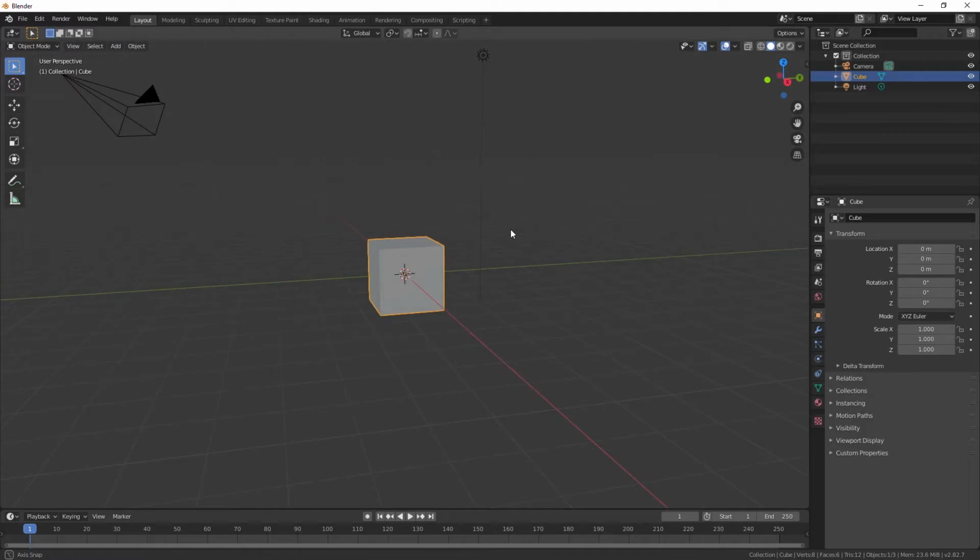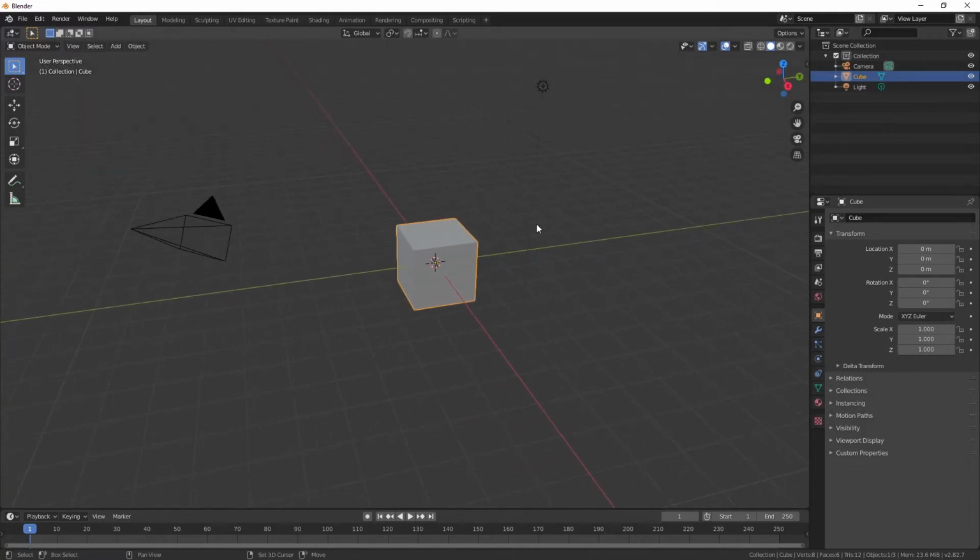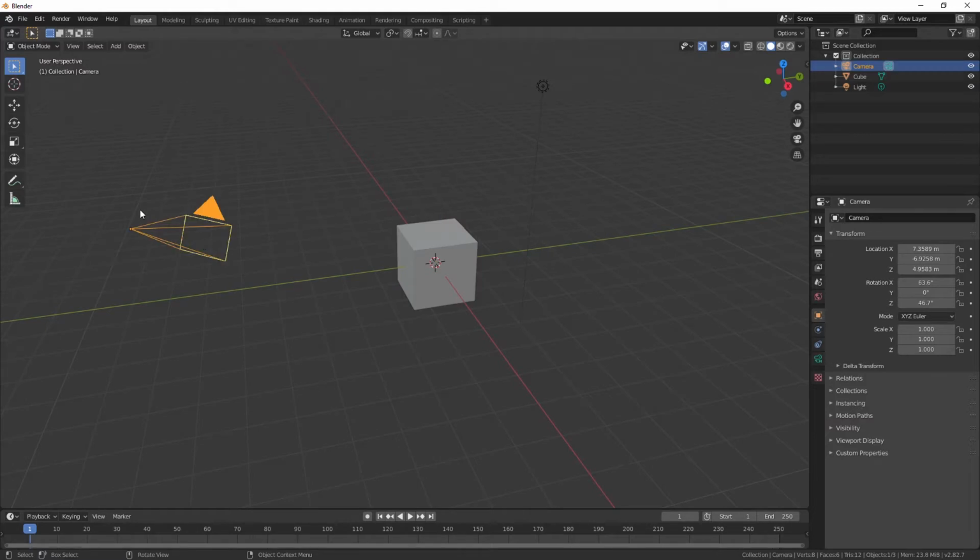Just looking at the scene here, this is their standard opening scene. It comes with a camera already in the scene, it comes with a cube, and it comes with a light, and this is like the directional light in Unity. It's kind of like the sun. It doesn't matter where it's at, it only matters where it's pointing. Okay, so the first thing I do